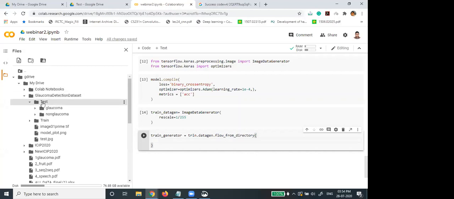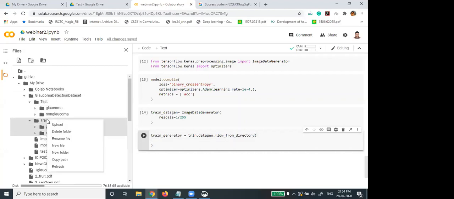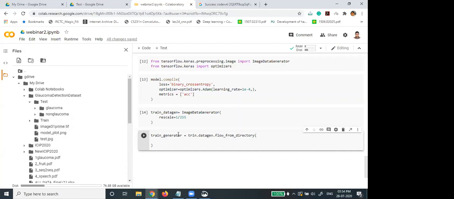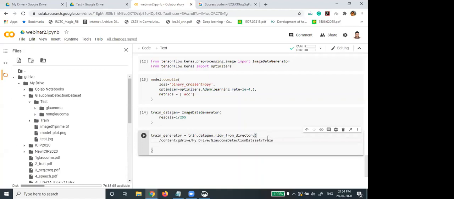So here it will be this training folder. We have to copy this part. Our train data are here.